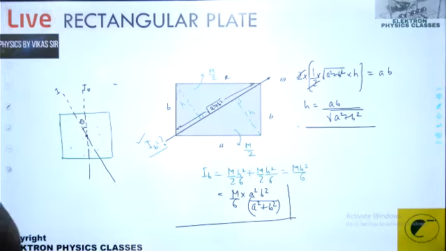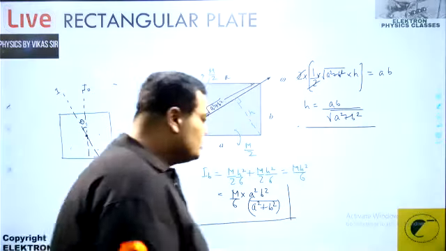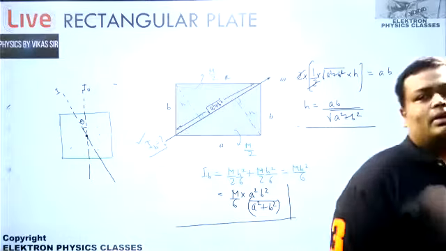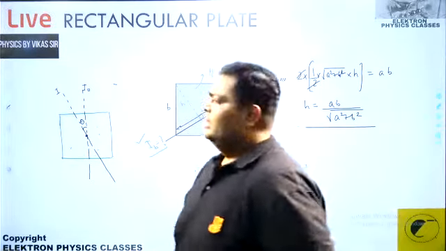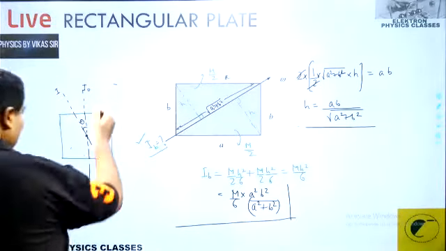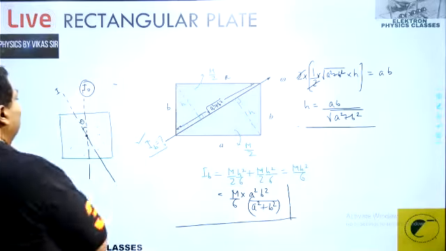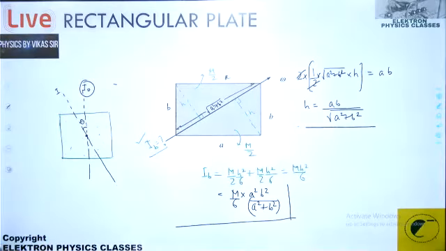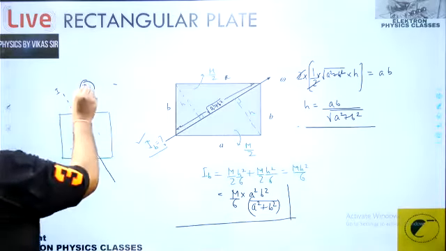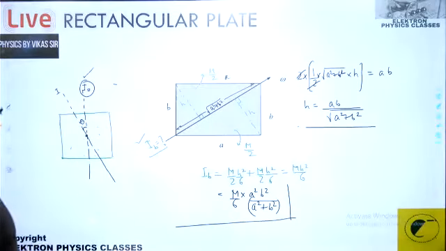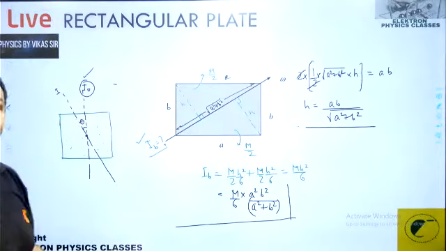But that does not qualify in recent times to be a question of the IIT because we have cracked it out. Now the question says that this axis has a moment of inertia I naught, right? And about another axis, it's a square plate, as you can see, of course. Another axis is there, which is inclined to the given axis. About this, the question says the moment of inertia is I naught. Another axis is inclined to this at an angle of theta, trying to confuse you, at an angle of theta, what will be the moment of inertia?